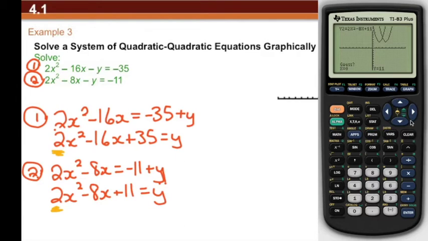So we need to move that point, move it to the right, and the cursor does come on the screen. That looks about close enough to me. And we see that intersection is at 3